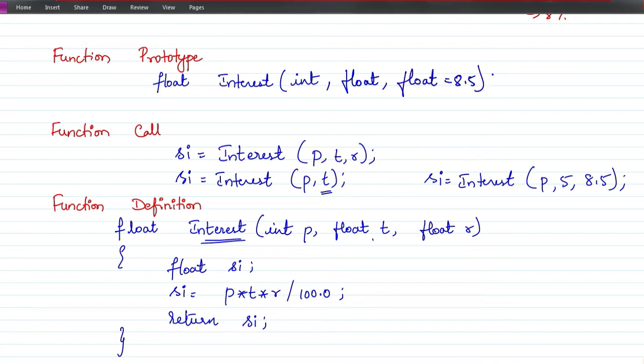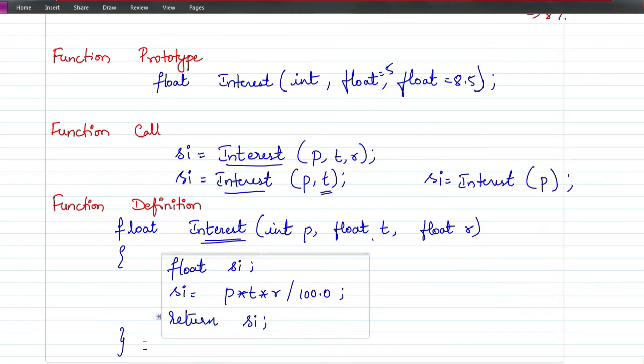You can give any number of parameters. Here I have given one. As I told you, you can give two also, but you can't give default value. You can give default values for all the three also. That is allowed. You can give 10,000 here, which usually is not the case, but you can give like this. You can give default values for all of the variables, but once you start giving default value for any of the parameter, to the right side you must give default value. That is in the function prototype. Okay. Now let's execute this with an example.